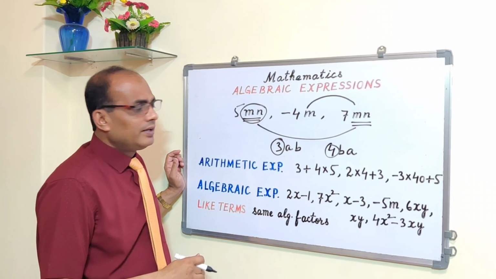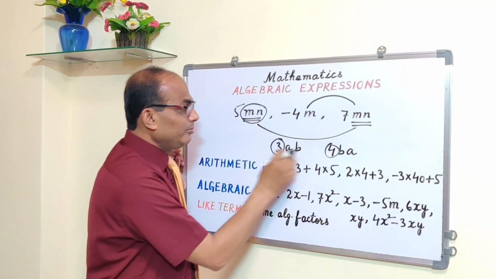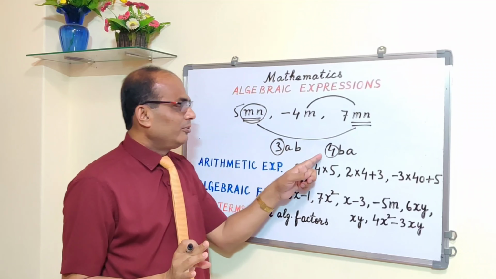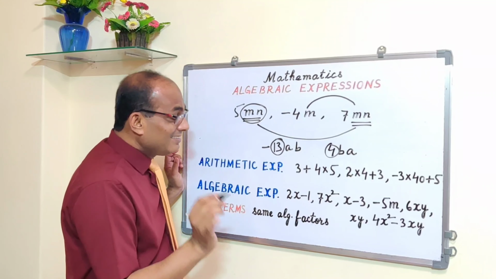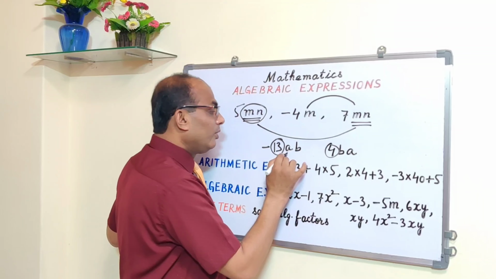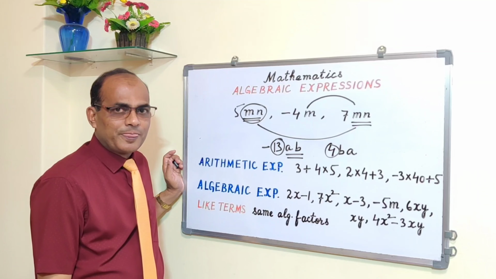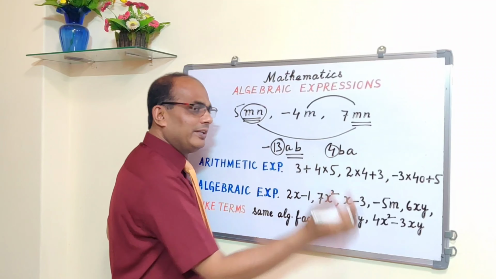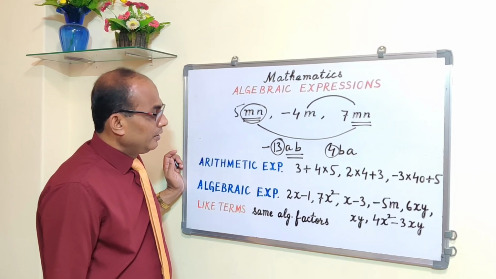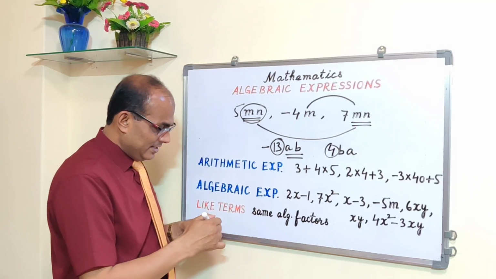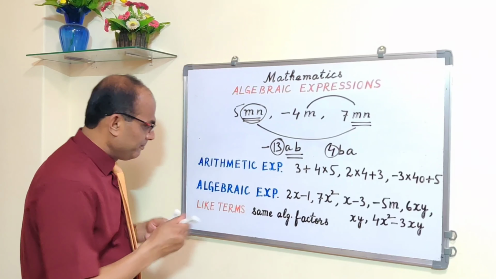While deciding whether two terms are like terms or unlike terms, we don't have to see 3, 4, minus 1, minus 4, minus 13, nothing. Second, we don't have to see the order in which the variables are multiplied, whether it is AB or BA, because AB is equal to BA, they are the same. Got it? So like terms are where the same algebraic factors are there,